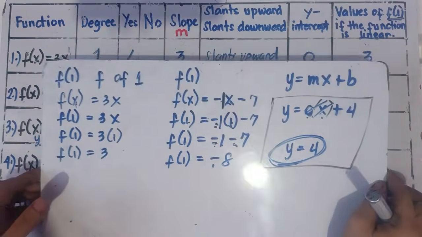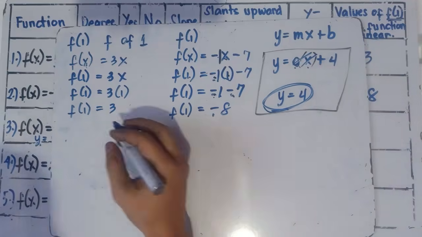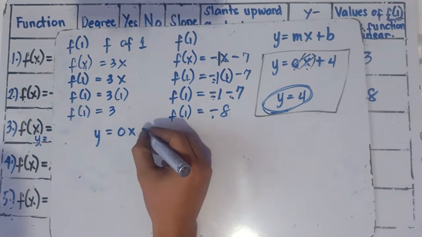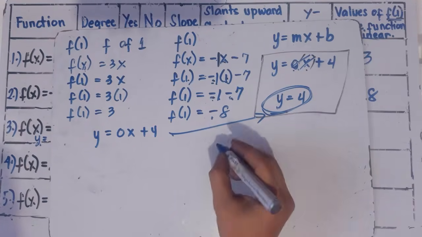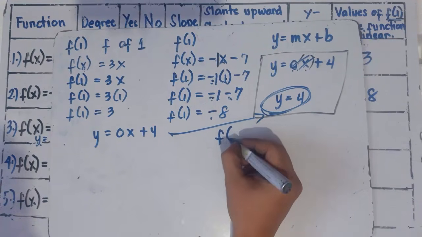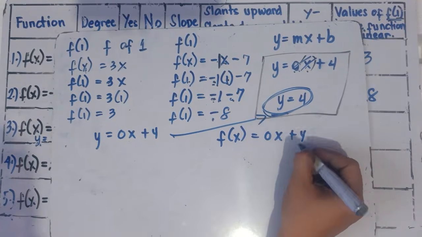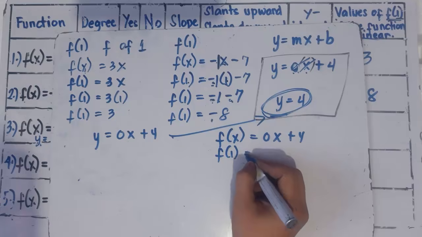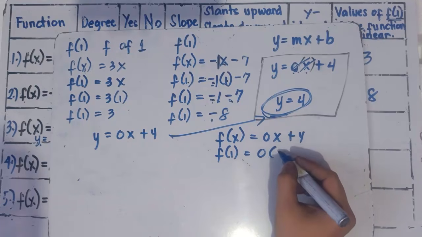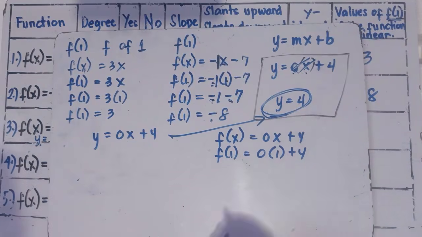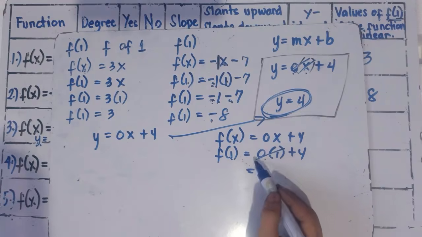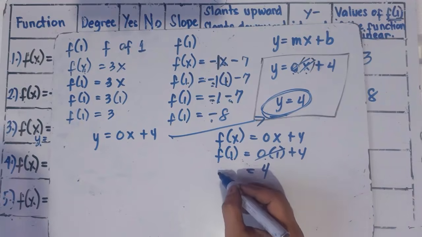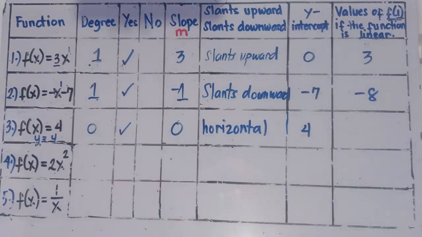And then f of 1. So we can simply substitute in this given equation. So y equals 0x plus 4. Once again, this is just the same because 0 times x is 0. So we can write f of x equals 0x plus 4. And then f of 1 equals 0 times the value of x, that would be 1. 0 times 1 plus 4. So 0 times 1 would be 0. Once again, class, simply substitute the value of x, that would be 1. So 0 times 1 would be 0. Cancel that out. So that would be equal to 4. Therefore, f of 1 would be equal to 4.